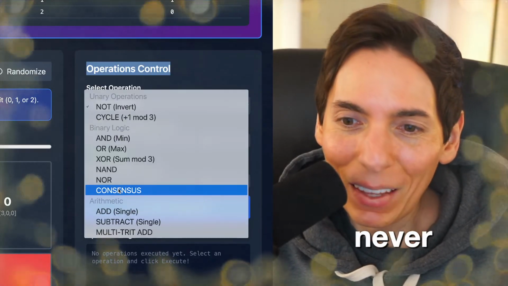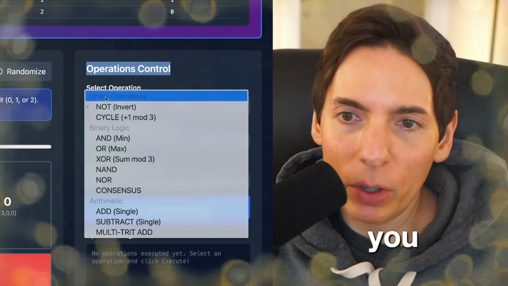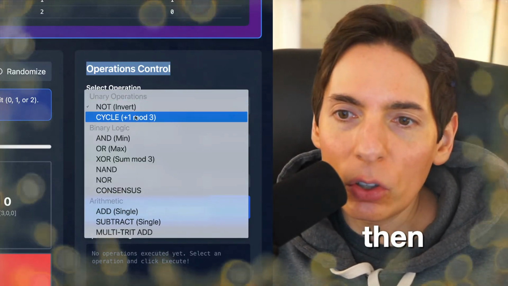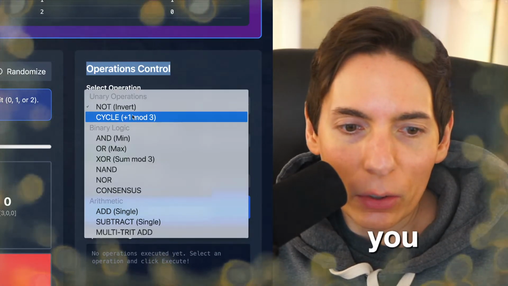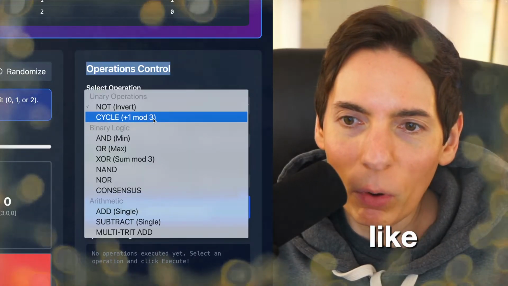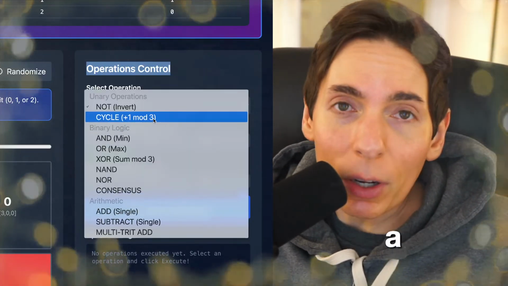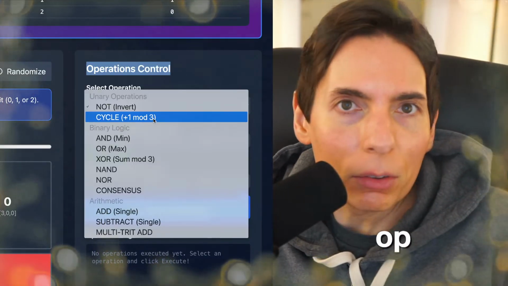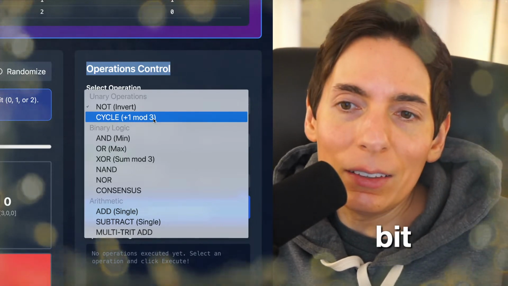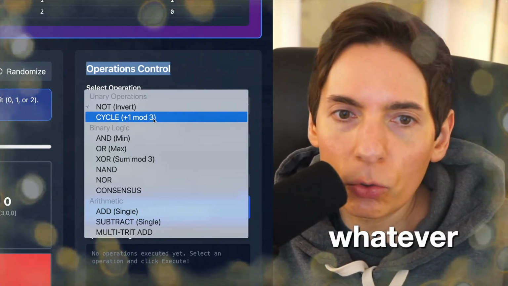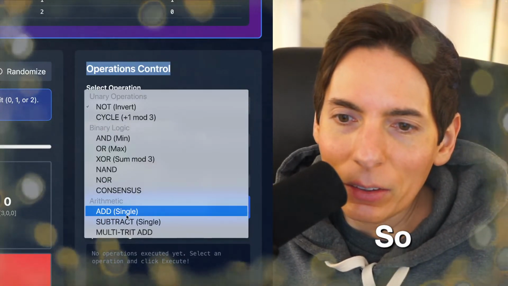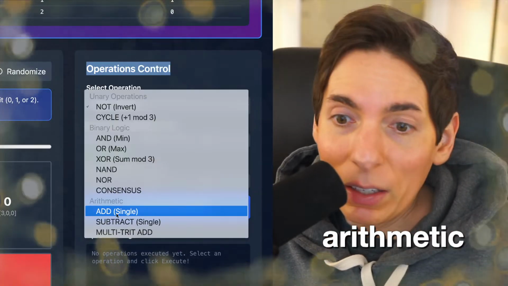I know what unary operators are, right? So you can not something, which you can just invert it, right? And then you can also, I guess in this case, cycle something as well. Although I wouldn't cycle. What I might do is change the sign, right? If you're doing a numeric operation, you might want to change the sign of something, which is just flipping one of the bits, the sign bit in the byte or whatever your data structure is for your number. So add with arithmetic, all right, and then subtract and